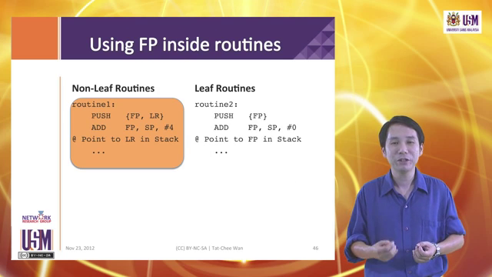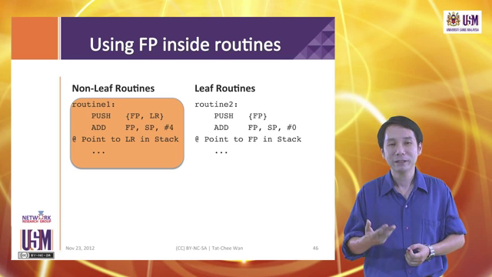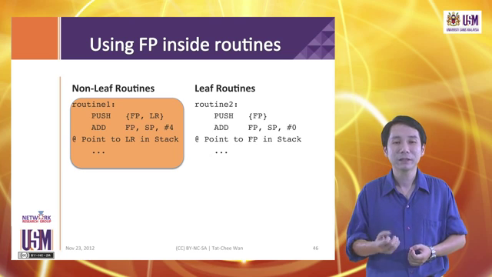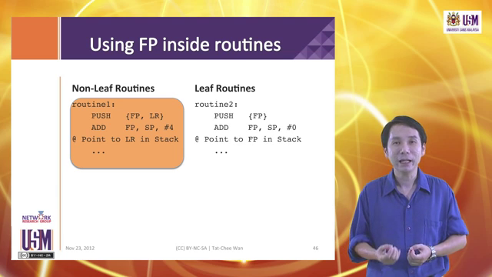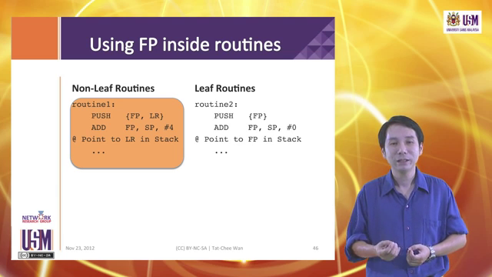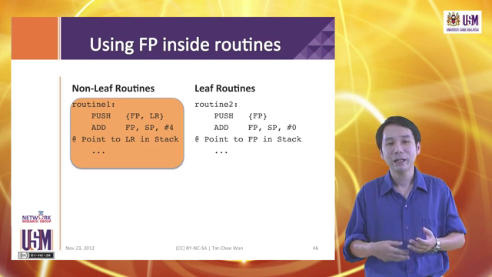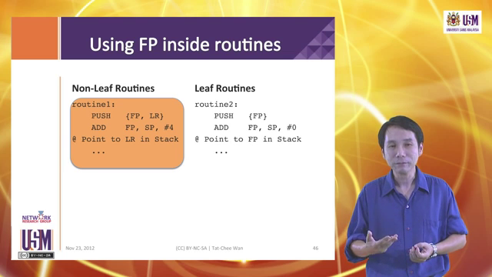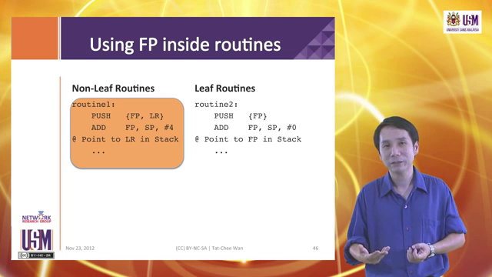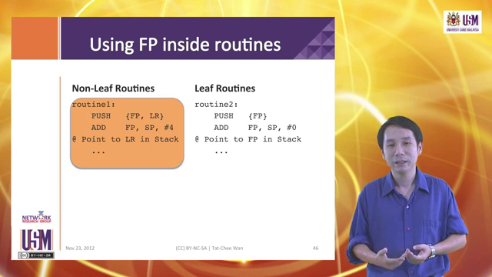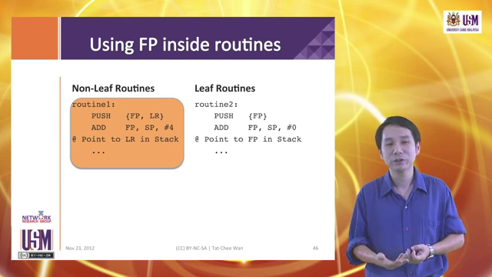So how do we actually use the frame pointer based parameter passing technique? If we have a non-leaf routine, the first thing we do is to preserve registers, including the frame pointer and the link register value. Next, we will need to increment the frame pointer with the stack pointer address value by the number of items we pushed in less 1, and this will allow us to therefore point to the link